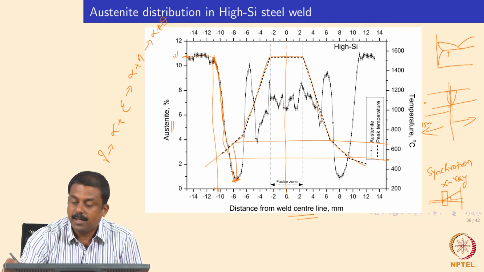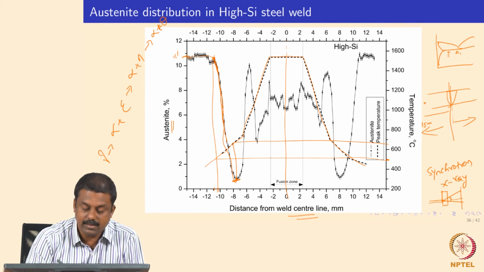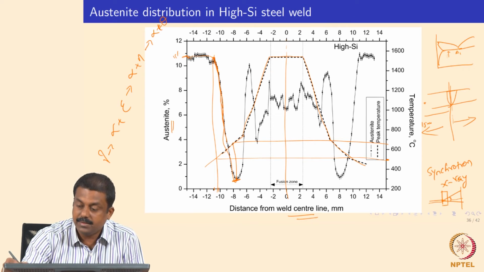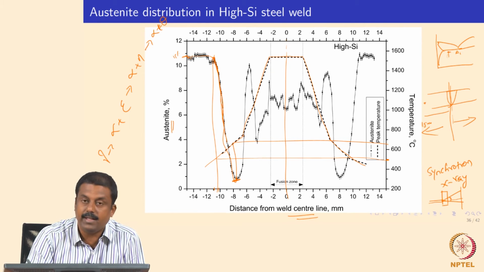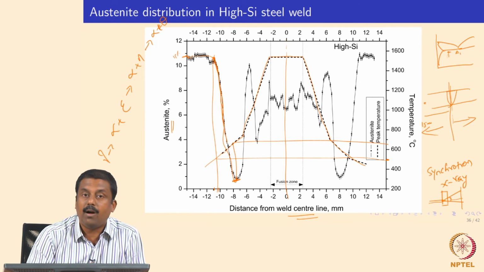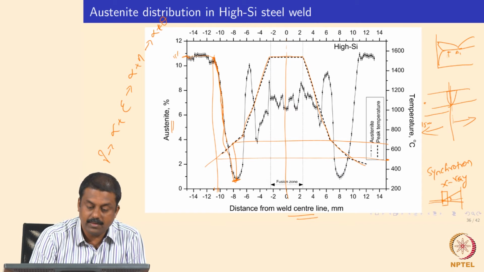Okay, so this is the temperature at which you start nucleating new austenite when you are heating up. Now if the temperature is below the A1 temperature, what will happen? Only the retained austenite present in the microstructure starts decomposing, and this decomposition would lead to the formation of ferrite and cementite from retained austenite. And when the temperature is just below the A1 temperature, say somewhere around 650 to 700 degrees centigrade, all the austenite in the microstructure is completely decomposing. Okay, that's what it shows over here.